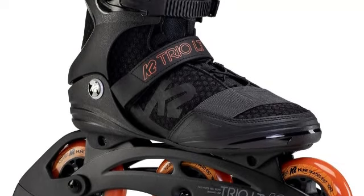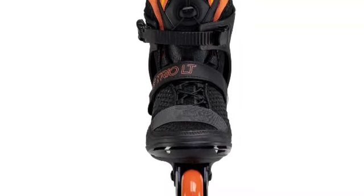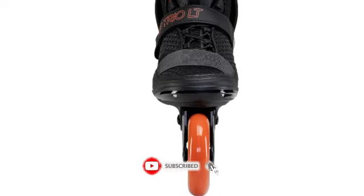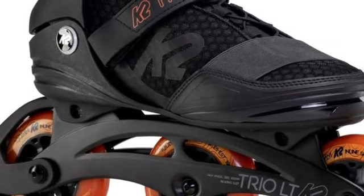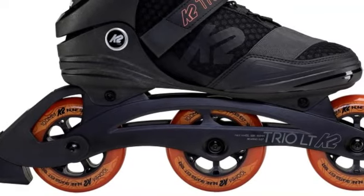Equipped with three 100mm wheels and a mesh and synthetic boot, these blades are designed to enhance speed and range of motion while skating. Flexible cuffs and an anatomically shaped foam liner with ventilation provide ample comfort and a snug fit. The aluminum frames are an upgrade from many entry-level skates, improving handling and power transfer while shedding weight to